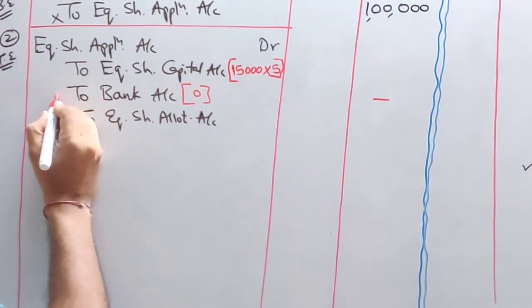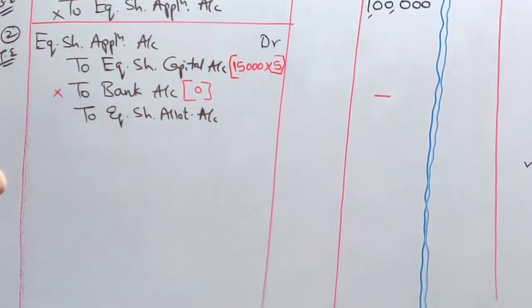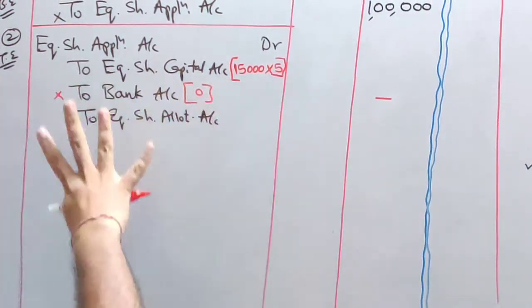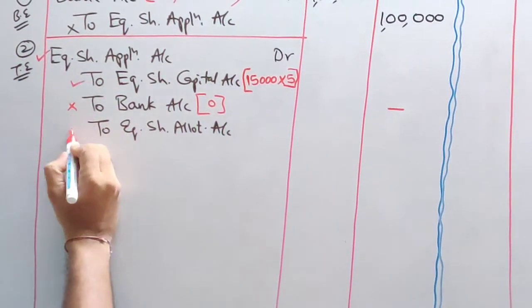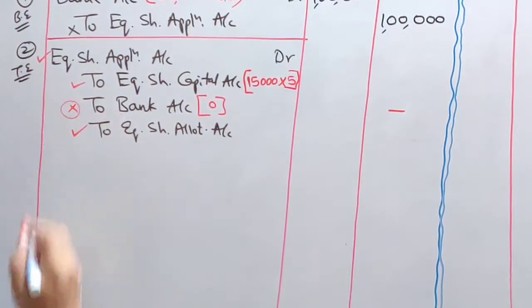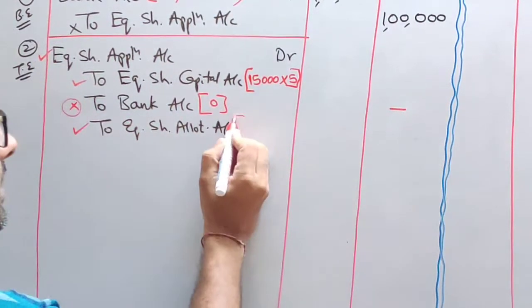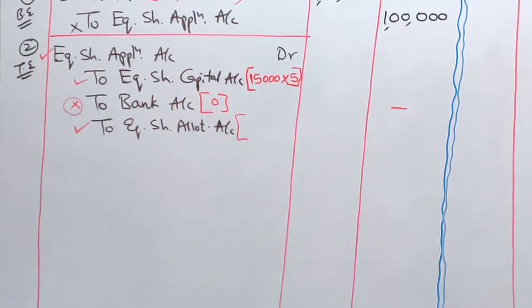Okay, you are not supposed to write this in the exam because there is no rejected, 0. So 0 we never record. So never write this. In the exam you will write this account and this account. Don't write this bank account because it is 0. Okay, this I have written for your understanding.